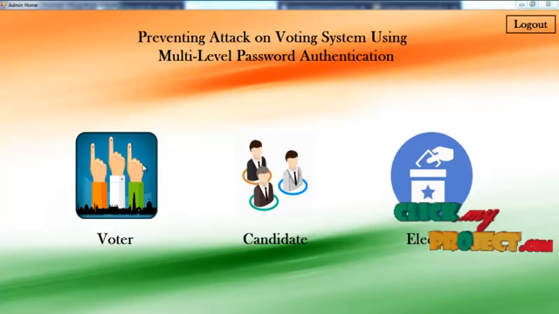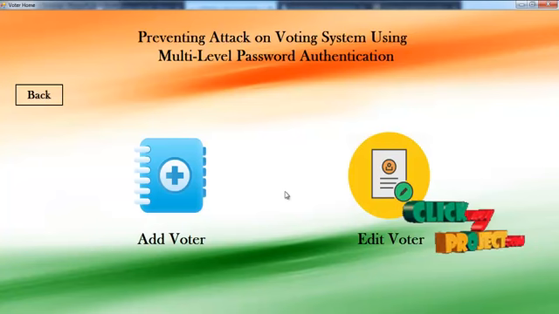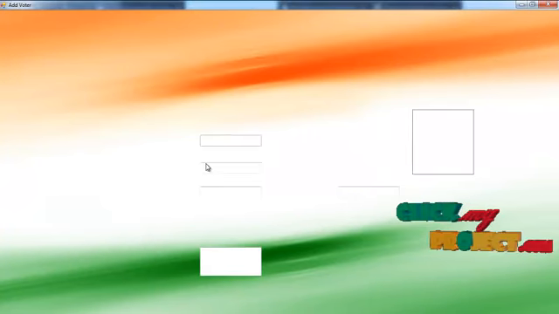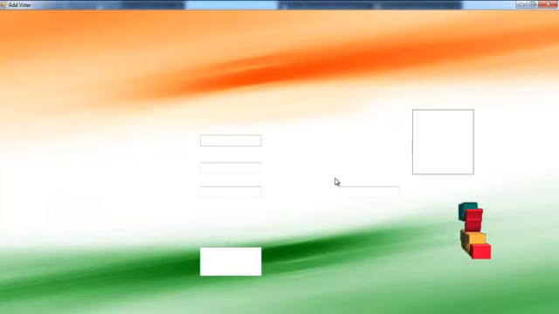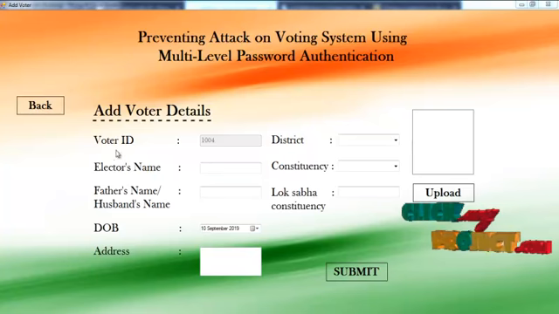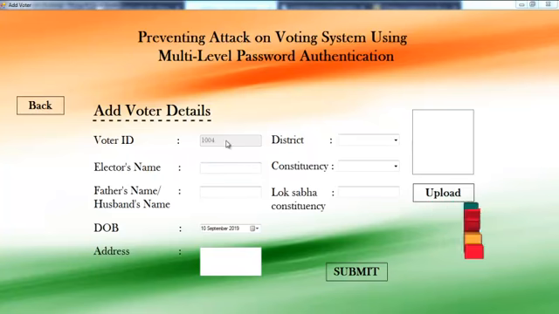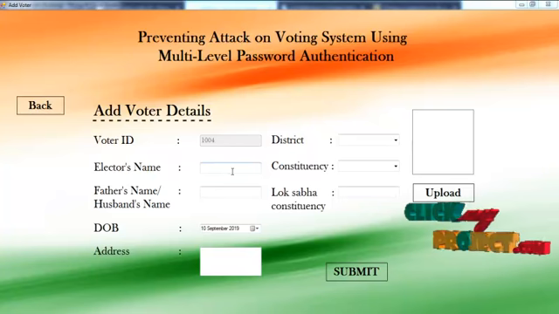First click the voter. This is the voter home. First, add the voter. This is the add voter page. First, the voter ID; the voter ID is auto generated. Give the voter details.